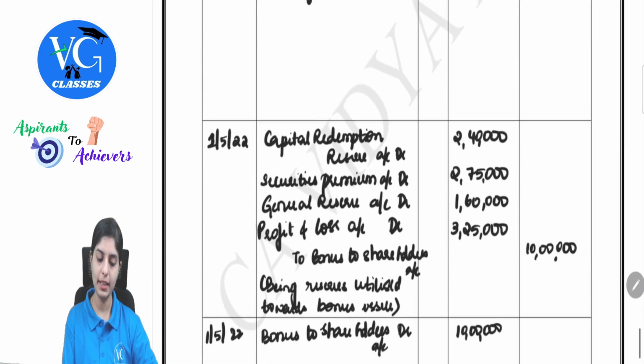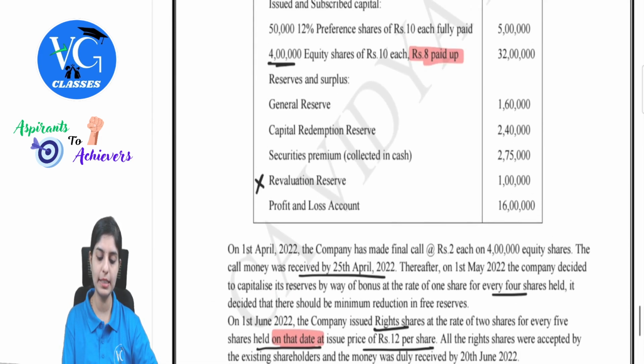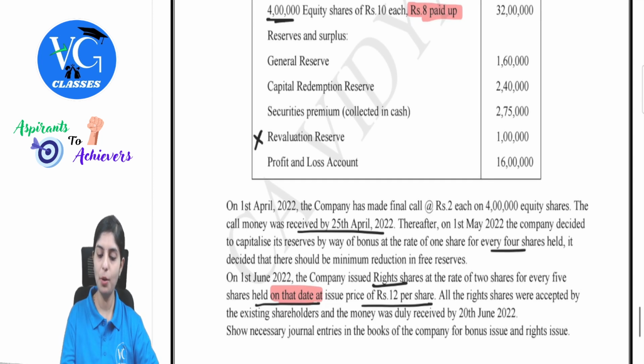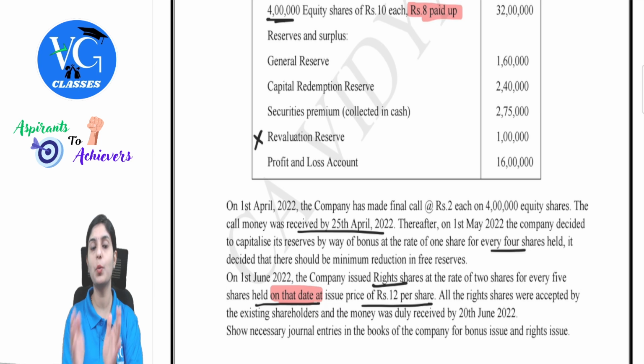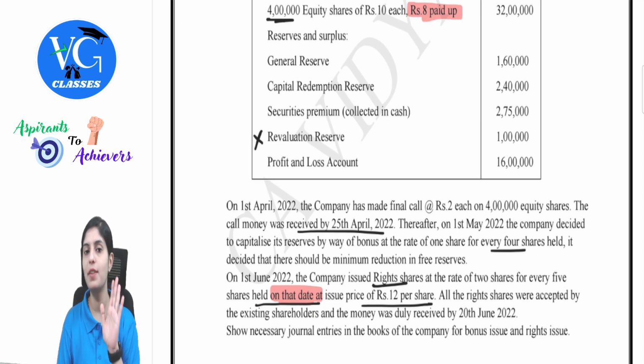This was a good practice question combining both bonus and rights issue. I hope all the concepts along with questions, whatever we discussed, is easily understood by all of you guys. If you just observe, the unit is very simple. You have to just observe and remember a few tricky points. That's it. And be very careful while applying the ratio calculation. Apart from that, there is nothing more complicated in this unit. So it is really easy to score. Practice it well. Make sure you're not skipping this topic.